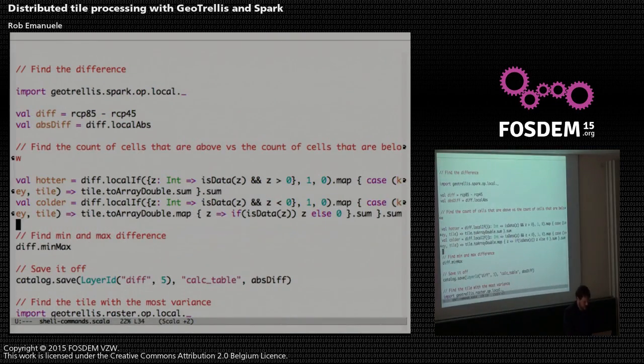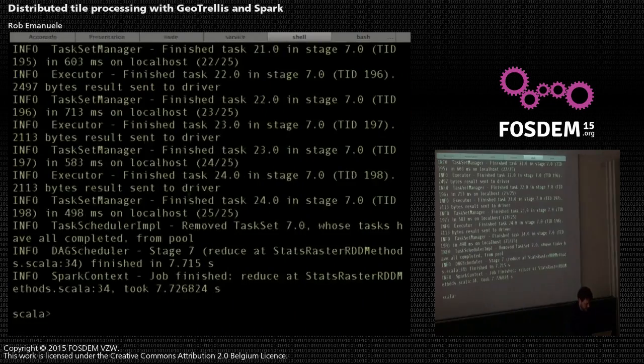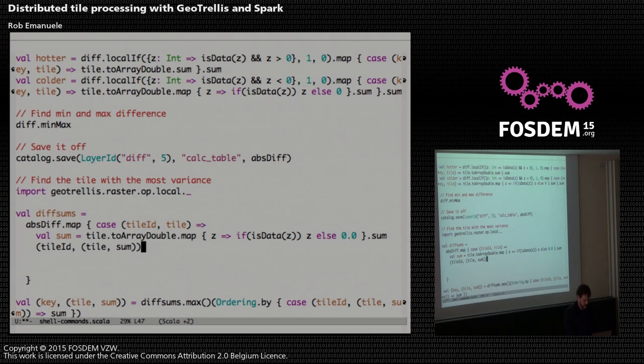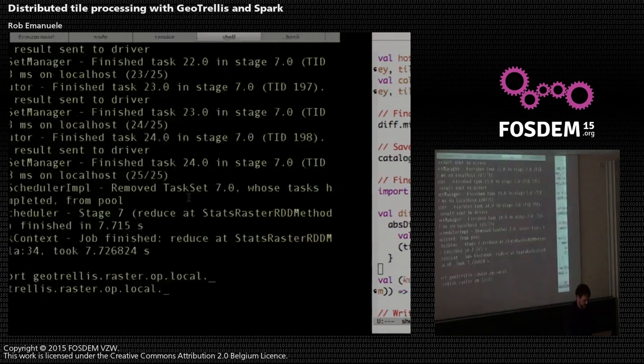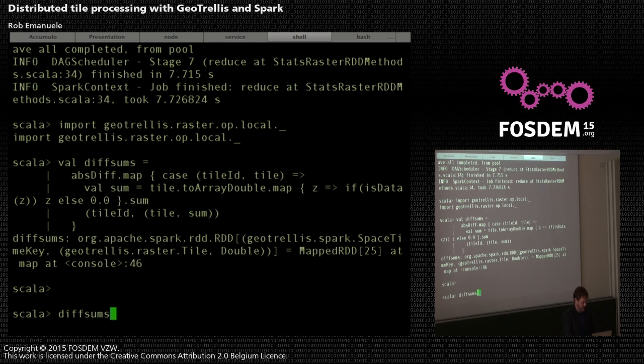So I might want to do something a little more complicated. Say I want to find the tile in the absolute difference that has the most variance, so the greatest total difference. For that, I'm going to do the sum calculation again, but something a little different. I'm going to map over the tile ID and tile again, take the sum, but keep the tile ID and tile sum data because I'm going to look at that later. So let me just paste that in instead of typing all that out. Great. And that's called diff sums. And then I can do the Spark RDD max operation, but I need to give it an ordering because it doesn't know how to order